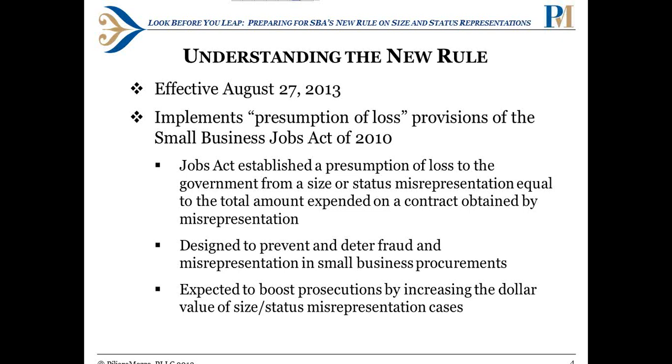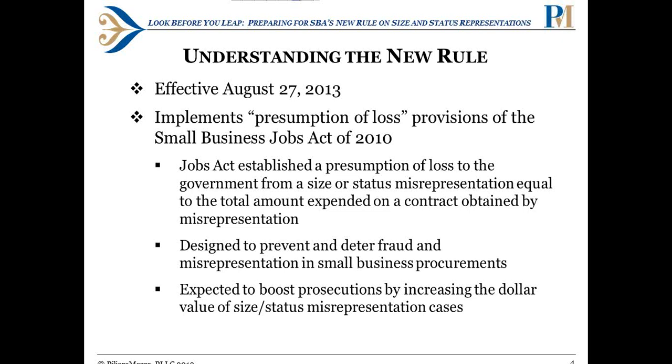The origination of this rule is the Small Business Jobs Act of 2010, which had the presumption of loss provision. And the Jobs Act established a presumption of loss to the government from a size or status misrepresentation that's equal to the total amount expended on a contract obtained by misrepresentation. The purpose of the presumption of loss provision in the Jobs Act was to prevent and deter fraud and misrepresentation in small business procurements. The idea was to create a significant amount of potential damages to the government that would make these cases more readily prosecuted. And essentially make them sexier cases, bigger dollar cases, so you get prosecutors more interested in going after firms that